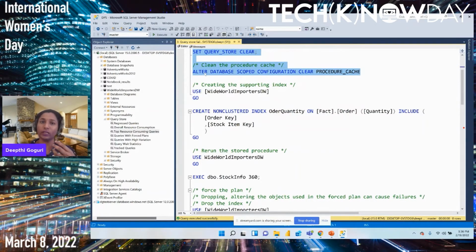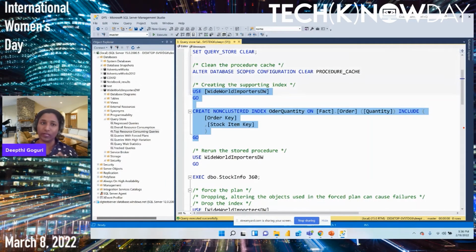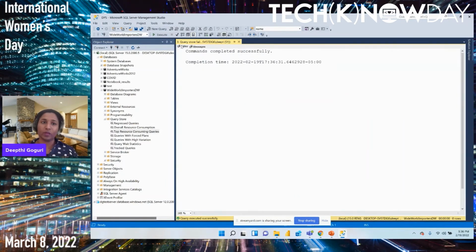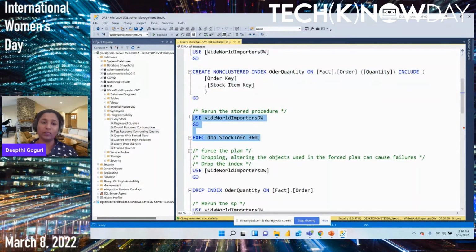Previously we executed a stored procedure for this particular database, and it needed a supportive index. So I have created that supportive index,